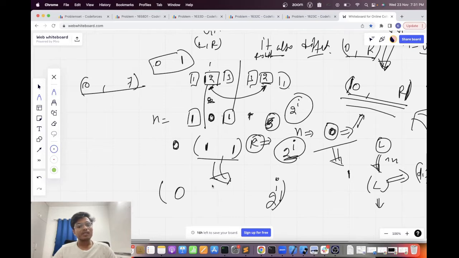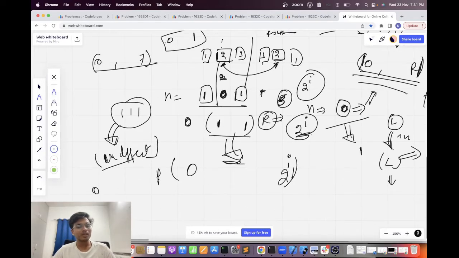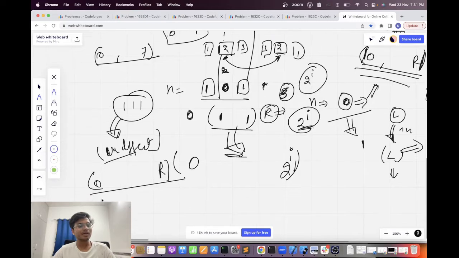And I'm 100% sure that in the result, whether I take 0 at this position or 1, all the integers are different. If they are different and all are between 0 and r, then I'm 100% sure that I'm getting all the numbers from 0, 1, 2 up to R. I will get all the numbers. Okay, so